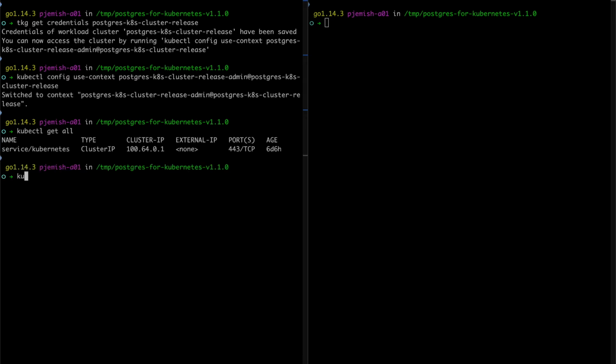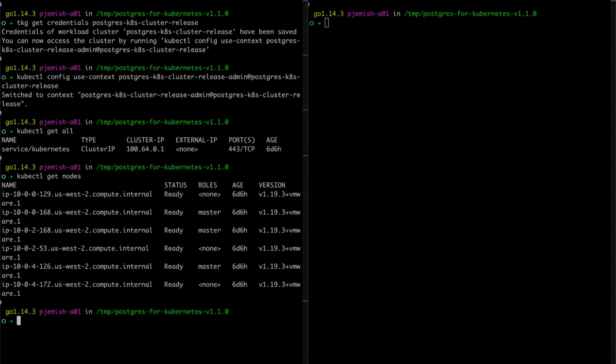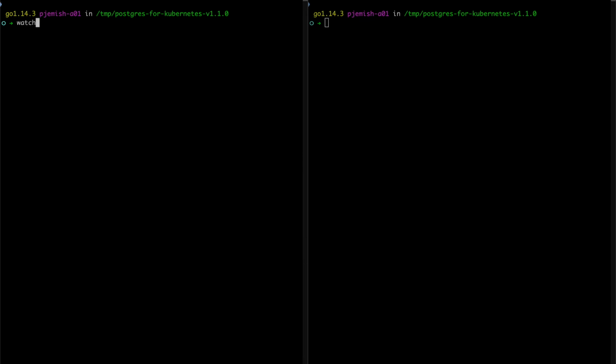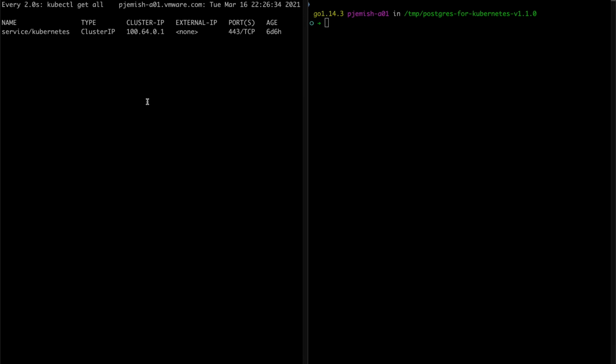Yep. I just want to make sure I show you that this is actually a 6-node cluster, 3 masters and 3 workers, running TKGM on AWS. And it's running Kubernetes version 1.19 from what we can see here. All right, so let's set up a quick watch so we'll use the left-hand screen to watch while we drive from the right-hand side of the screen. Okay, so